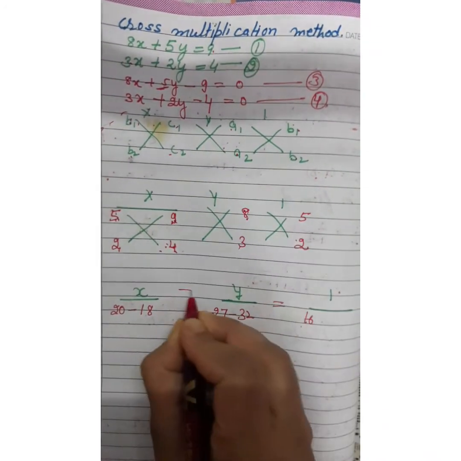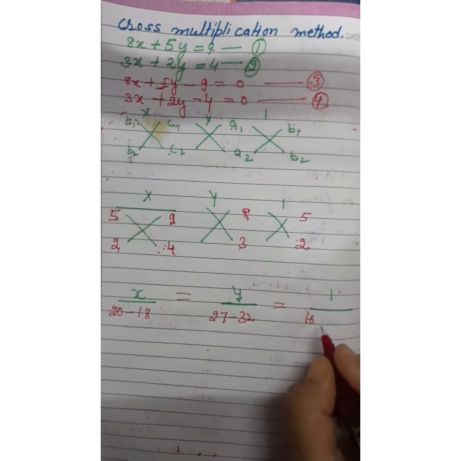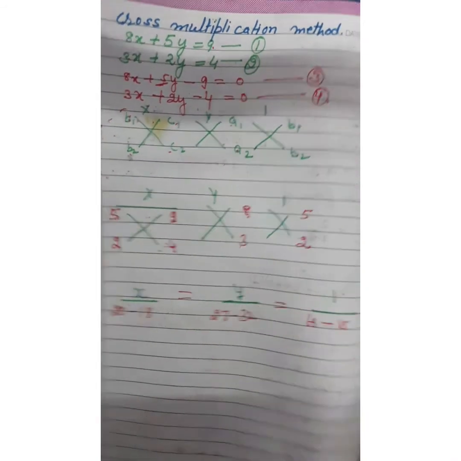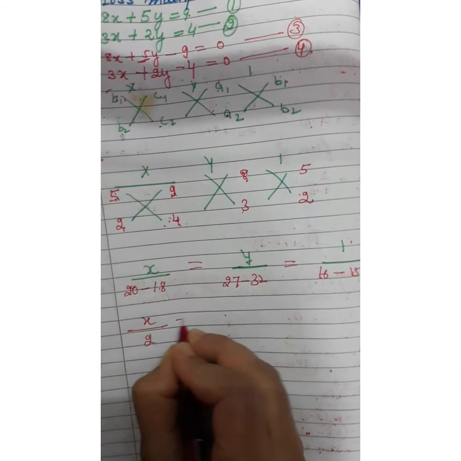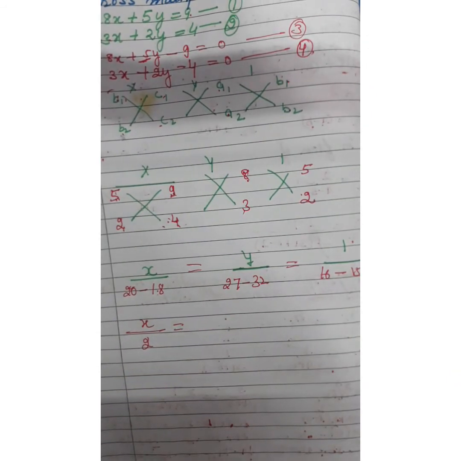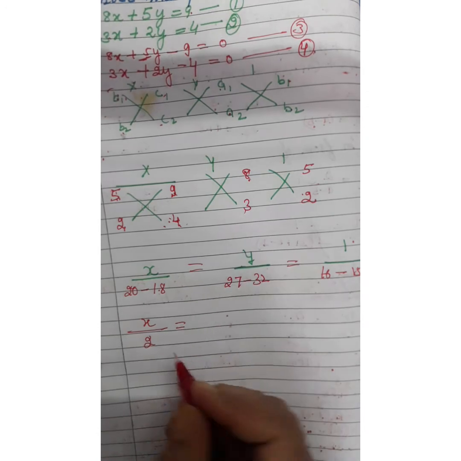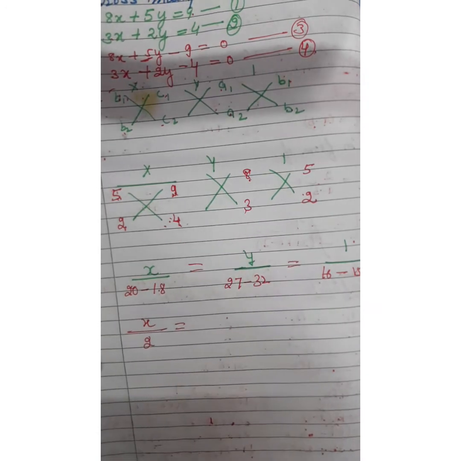You can equate all these equations. Minus 15, x upon, when you are subtracting these 2,